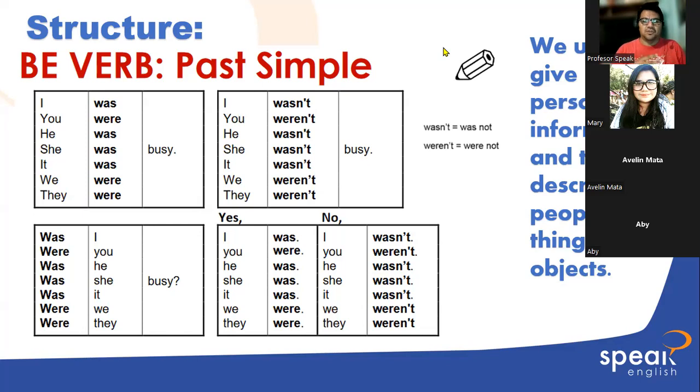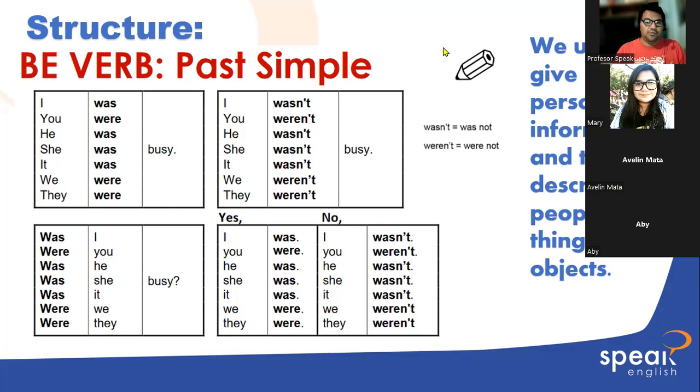Perhaps you can describe what you were when you were a child. Maybe you were a shy boy or girl. Maybe you were a very talkative person when you were a child. And maybe today is different. Today, maybe you are not talkative, or maybe now you are not shy. When you were a child, you were a shy boy or girl, and today maybe you are not shy. You are very sociable. Okay, so that is describing, giving personal information.